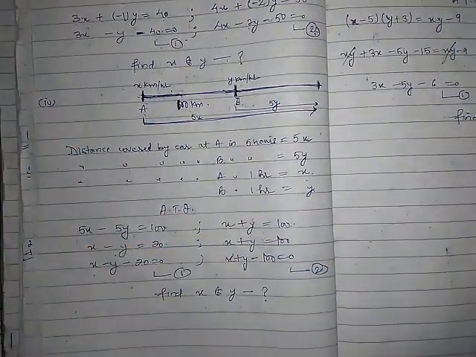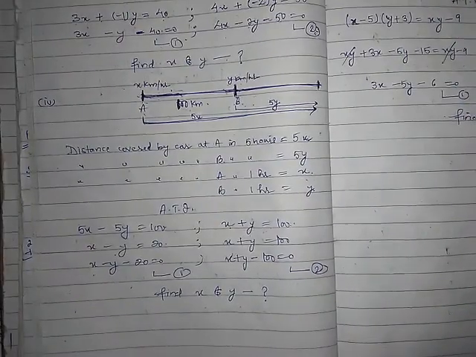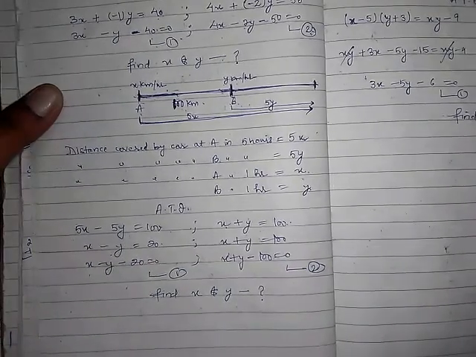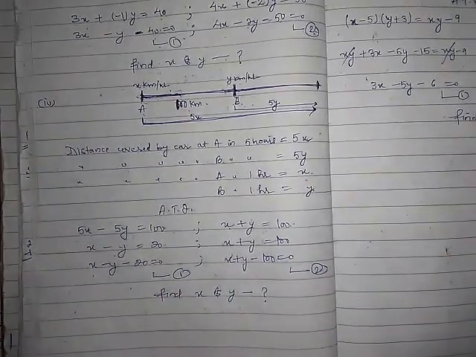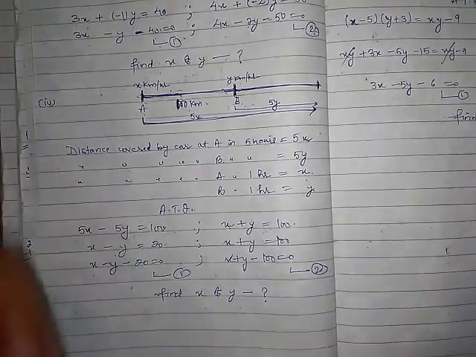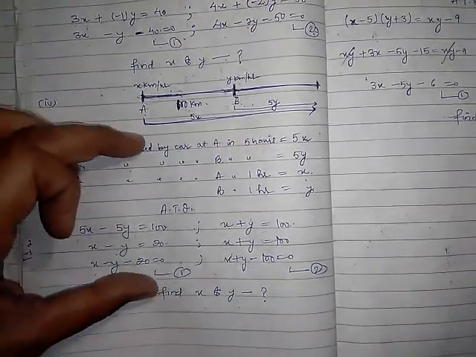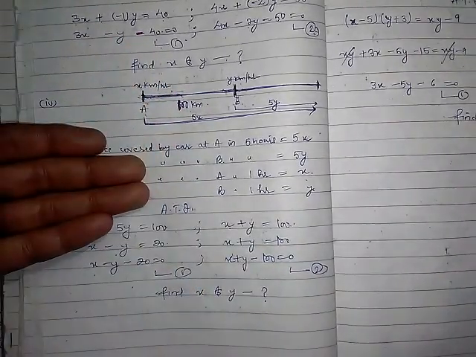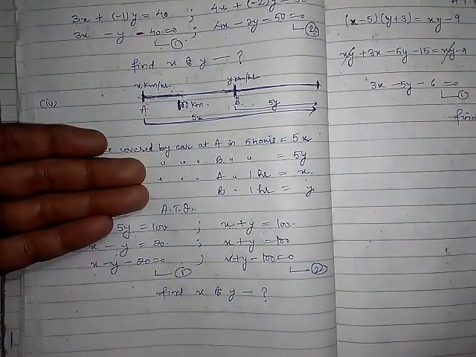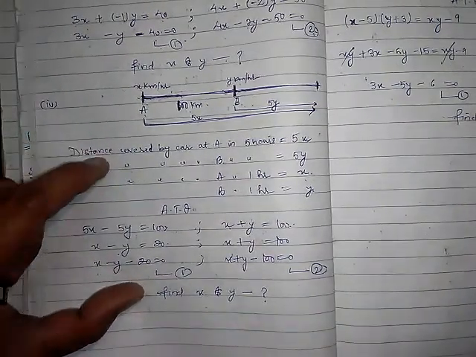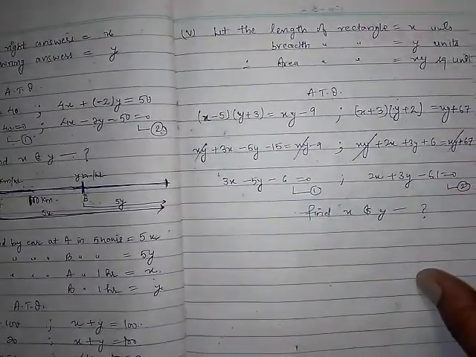Finally, you have to solve these two equations to find the value of x and y using the cross multiplication method, right? So this question is a little bit typical. So repeat it 2-3 times again and again. Once you have seen it, try to write it down yourself. After 1 hour, try to write it again by yourself without looking into your notebook. Okay. So like this, you will get the understanding of this part.